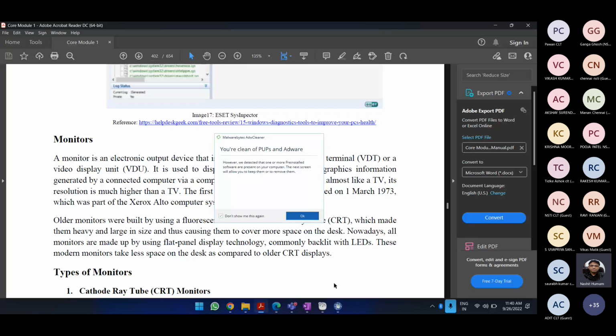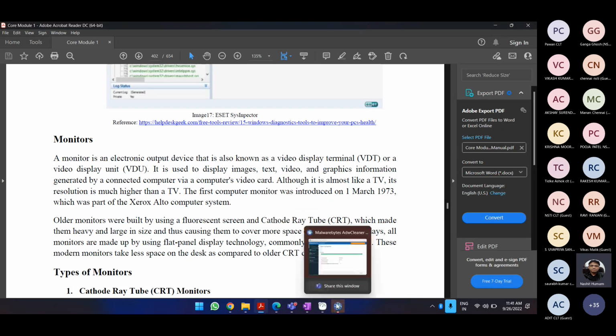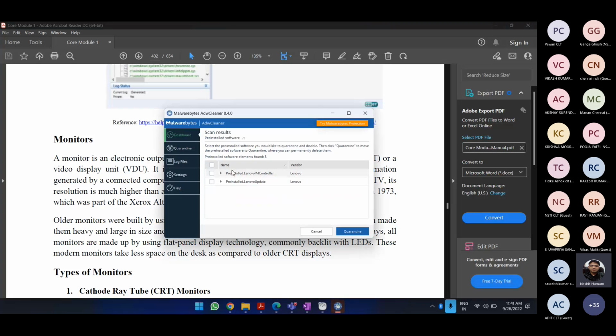So you can see now in this new version, it shows I don't have any adware or any pop-ups, but I have some pre-installed software which I can remove, and that will help my computer. If I don't, my computer will be fine. Not a very big problem, but yes, I should clean it.